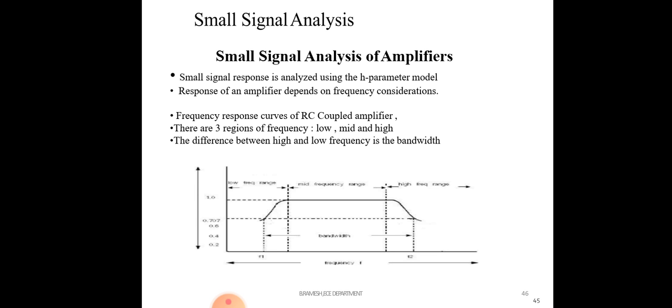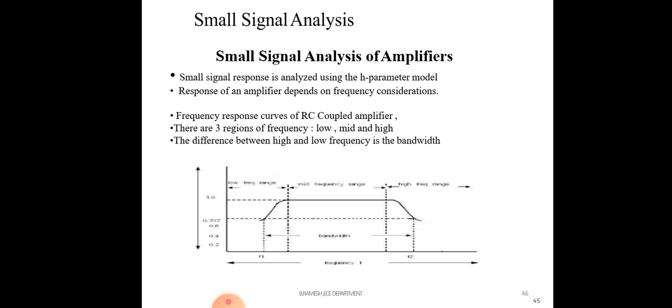So based on those parameters, we are not considering them for designing the amplifier. We are using a common emitter configuration, because common emitter configuration gives high power gain. That is the reason we are taking common emitter configuration. By using a voltage divider bias, we are designing the amplifier.